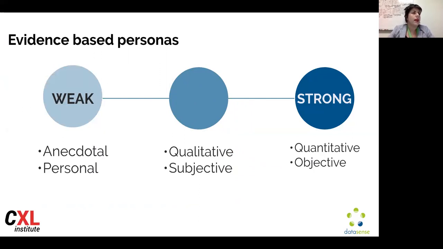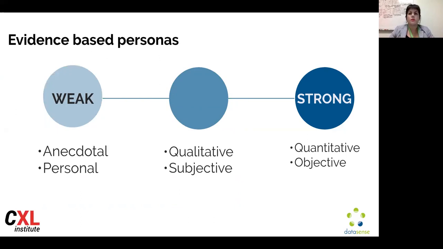So evidence can come from different sources, right? I'm very inclusive in my concept of evidence and data. Of course, some data is weaker than other, some data is stronger. And if we really want to summarize the types of data that you more commonly will have access to, first of all, it's anecdotal and personal data, right? And then we have qualitative and more subjective kind of data and insights. And then, of course, we have quantitative data, which tends to be more objective, not always, but it tends to be more objective and just tell you exactly what's going on and what's happening.